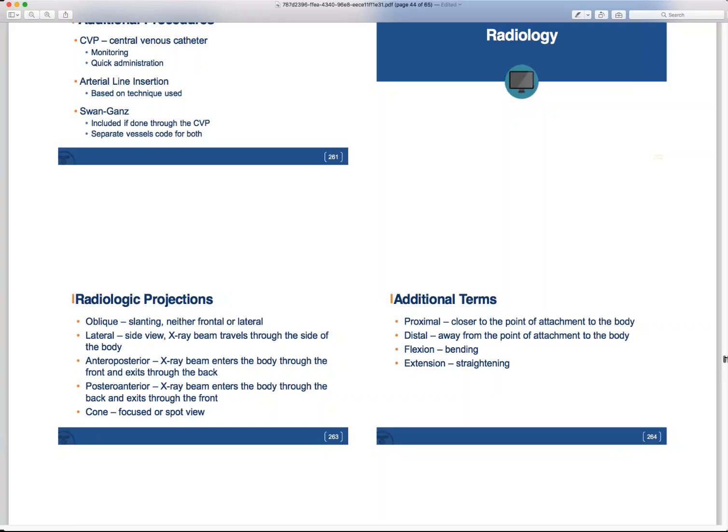So radiology, where are we going to be? We're going to be on page 423. That's going to be your reference page. Right? Remember the different projections. There's different projections of the beams. And they may ask a particular projection. They may say an X-ray beam enters the body through the front and exits through the back. You know, name the projection of this X-ray beam, and you would need to know anterior, posterior. If you are not comfortable with the projections and the different paths of the X-ray beams,